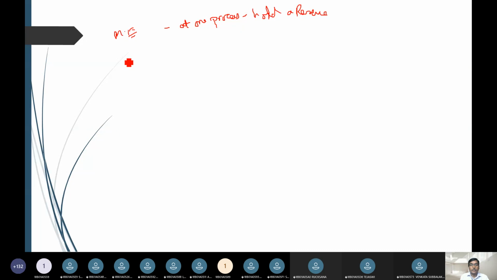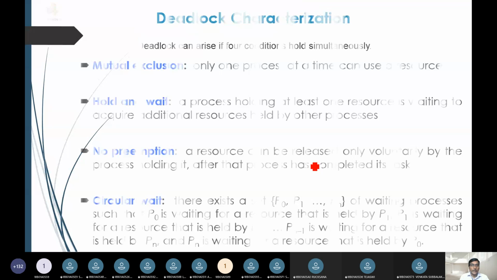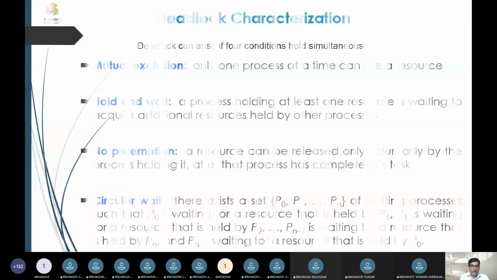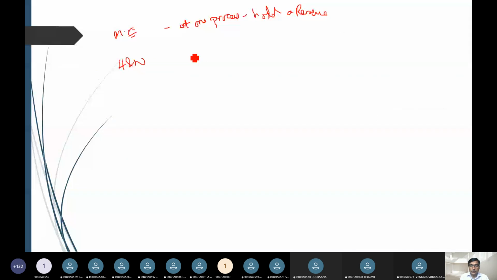After mutual exclusion, the second condition was hold and wait. In this scenario, the process is going to have a resource, and it is going to request another resource.